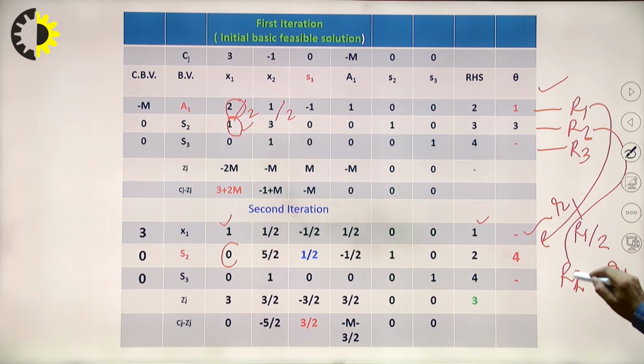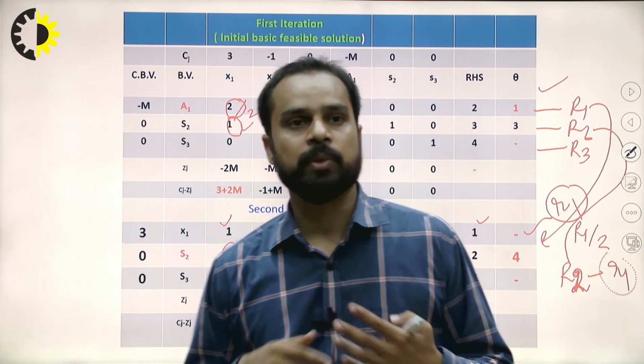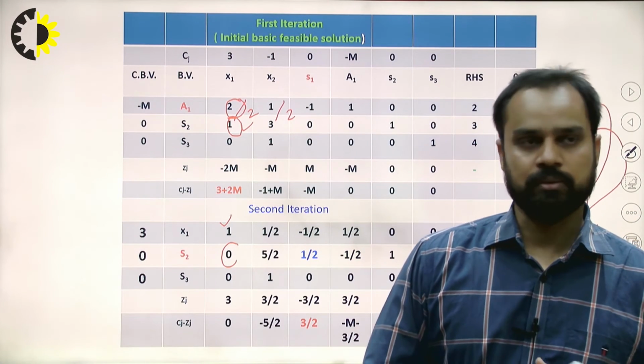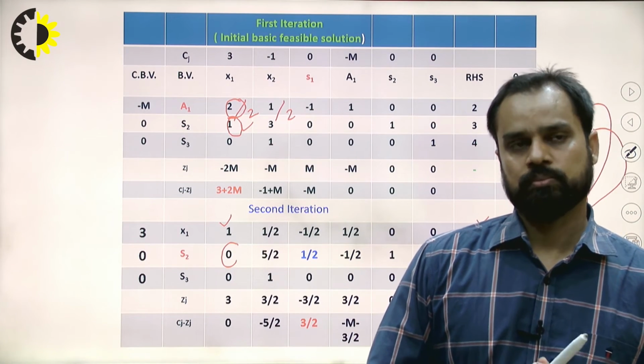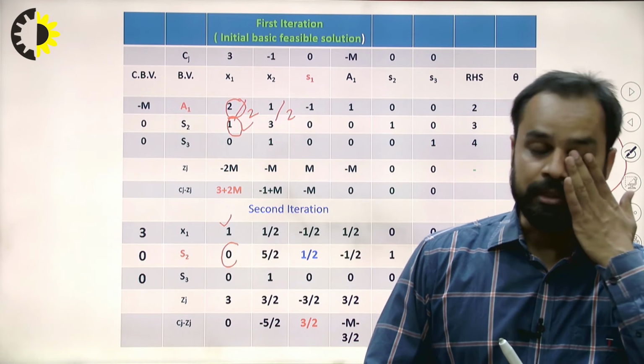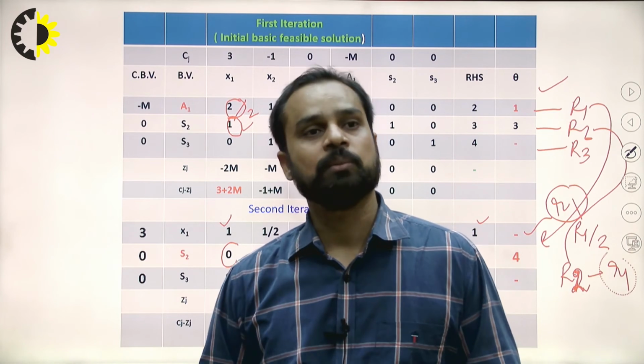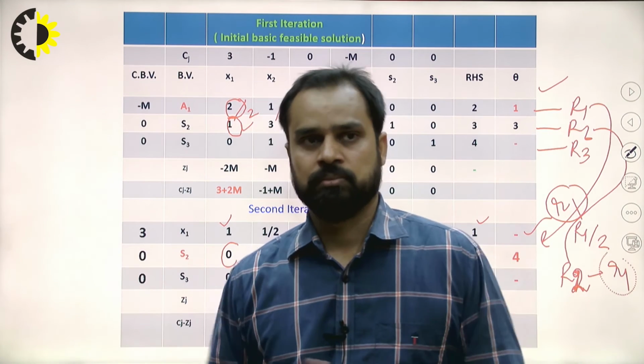This is R2, and this is small r1 I am taking from here. Means in matrix operation, always apply operation from other than the pivot element row. Whenever we are making 0 in the matrix, always apply operation other than the pivot element row,